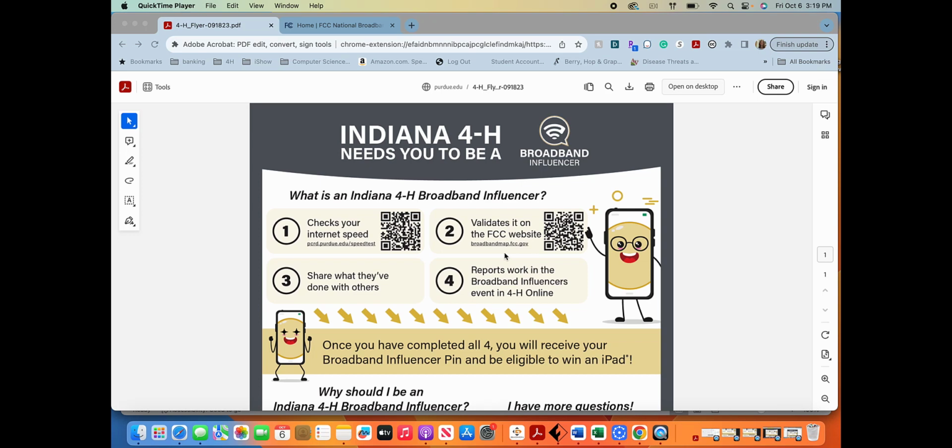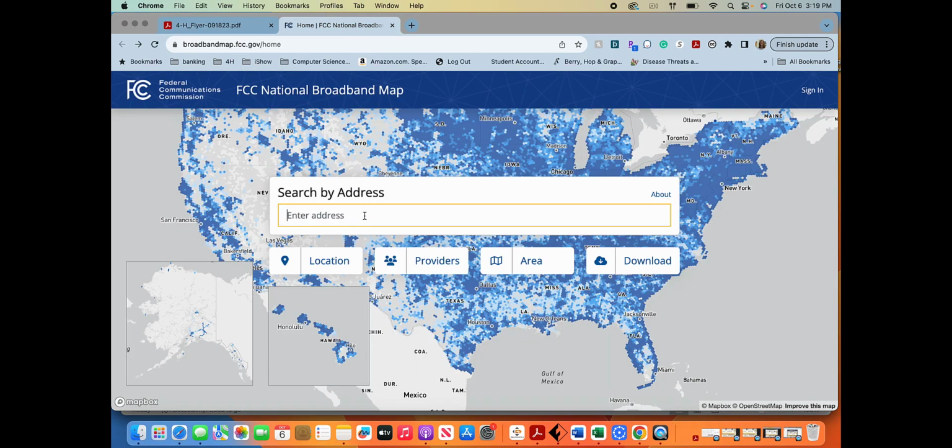Now that you have checked your internet speed, we are going to validate your address and your internet speed on the FCC's broadband map. So the first thing you need to do is go to broadbandmap.fcc.gov, and you'll see this main search by address here. Go ahead and put your address in